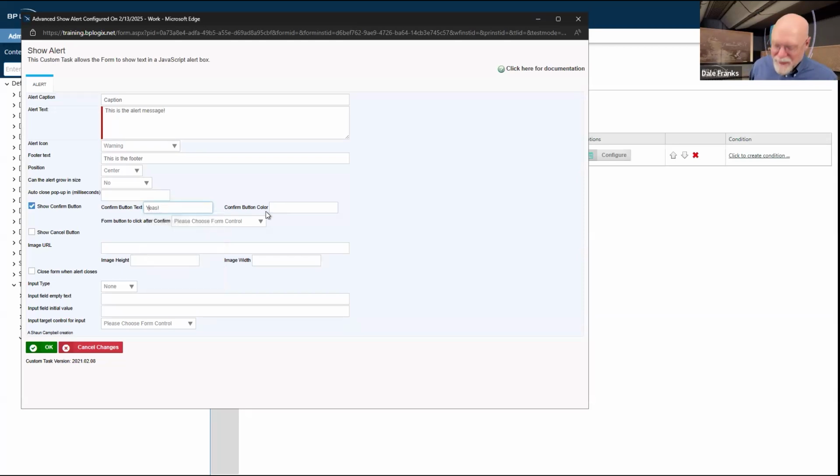I'm not sure where those two H's came from or that A. And my confirm button color, I can put in red. I think I can also put in, I don't remember off the top of my head, I can put in the hexadecimal color, but I think I can also just put in one of the known HTML colors. I think green is a named HTML color. I'm pretty sure. So we'll set this to green, but you could also set this to hexadecimal, I believe.